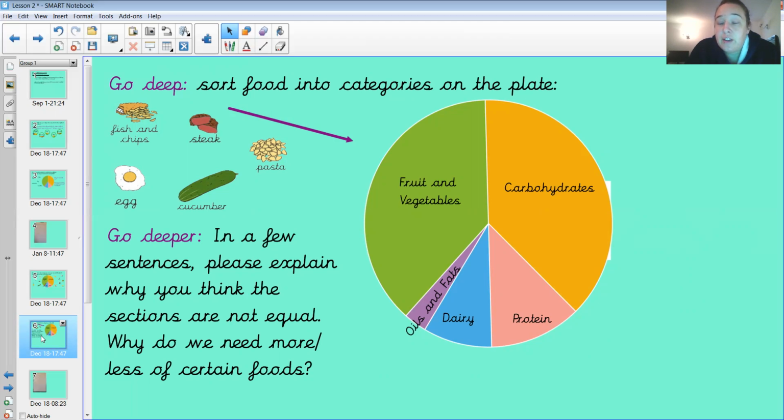And I'd like you to really have a go at thinking about some other types of food. Maybe you could think of your favorite food. If I was to do my favorite food, I think it would be strawberries. Now, if I was going to do strawberries, I would put strawberries in the fruit and vegetables. I'd like you to think of your own favorite food and maybe some others. If you feel up to it, that would be fantastic. And see if you can place them on your plate. You can pause the video here and do that.